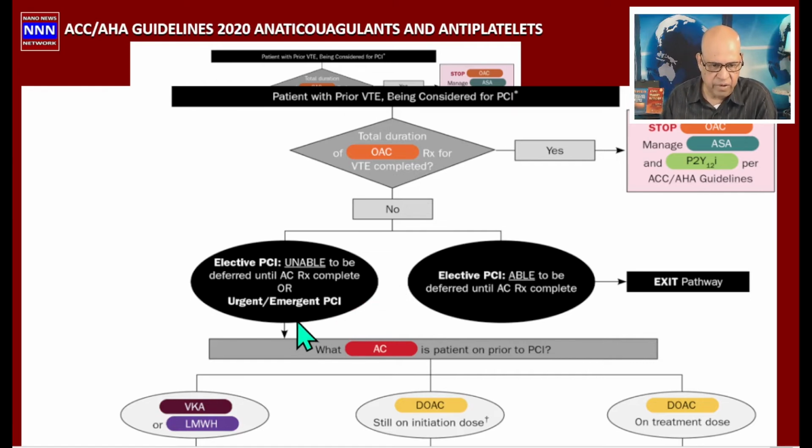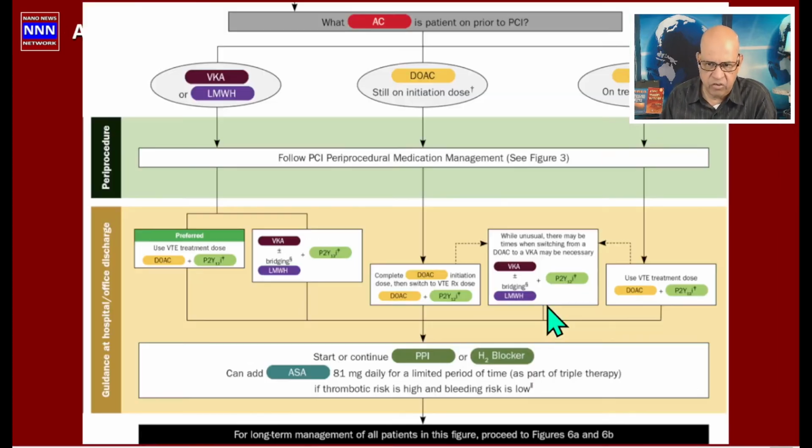Then if it's an urgent one, if it's vitamin K, now we have to go to the next chart. Same thing, DOACs, we have to go to still on initiation dose and on full treatment. So let's go down the chart here, looking at people who have been on vitamin K antagonists or low molecular weight heparin. During the procedure, we follow the peri-procedure management with aspirin and loading of antiplatelet agent, preferably